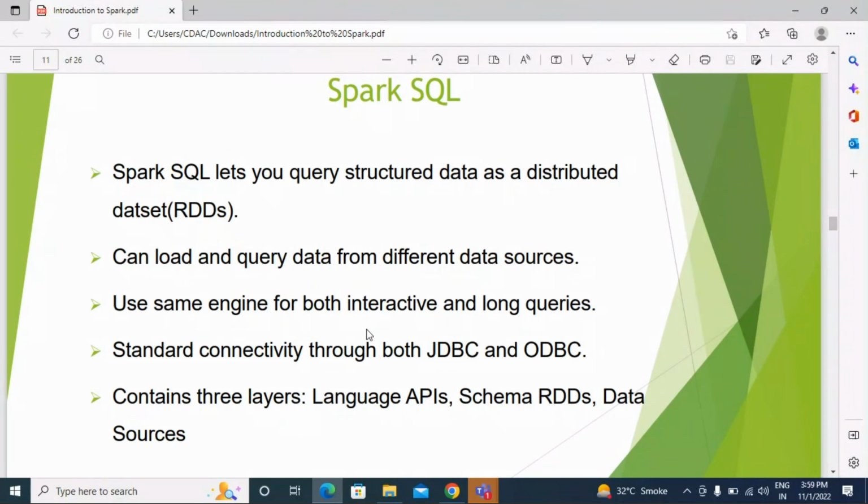It contains three layers. One is the language APIs, then you have schema RDDs, and then you have data sources. Language APIs means that with Spark SQL you have support for multiple languages like Python, Java, Scala, R, and Hive HQL as well. So from that you get the support of the language APIs. Then schema RDDs. So schema RDDs are basically, you can say, Spark Core is designed with